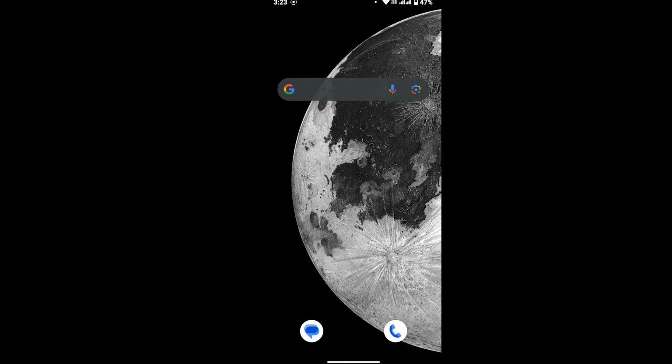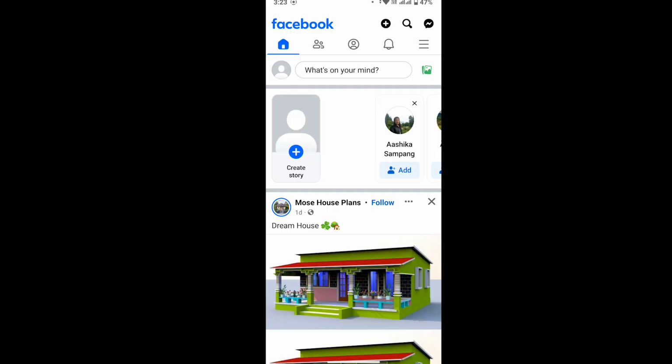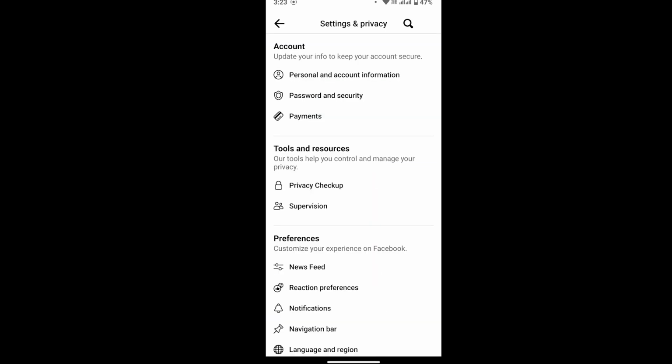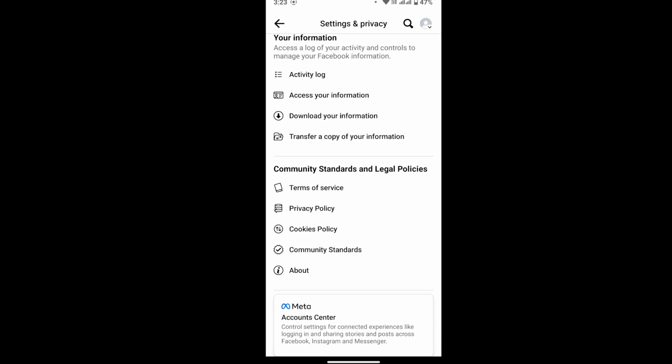First of all, on your device you have to launch the Facebook app and then make sure that you're logged into your Facebook account. Now in order to see and delete your Facebook stories, first of all tap on the three-line icon from the upper right corner of your screen and then again tap on the settings icon from the upper right corner, and in here scroll all the way down to your information section and then in there tap on activity